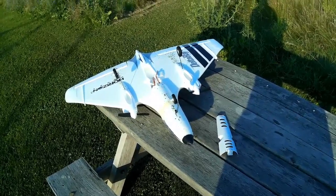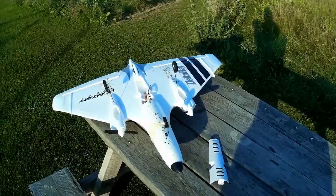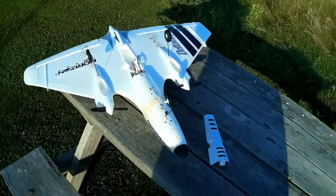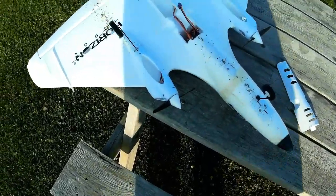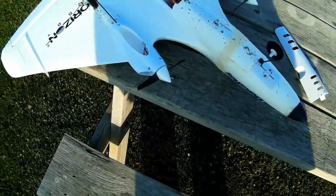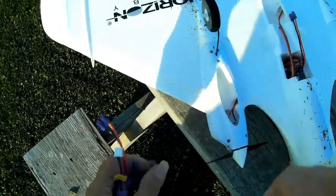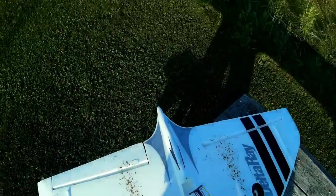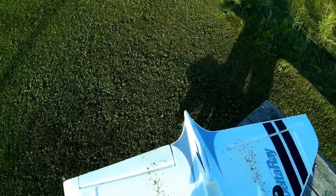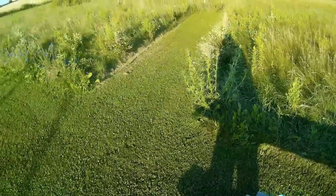So we had 120 remaining there from a 7-minute timer. So we flew him for 5 minutes and 40 seconds. You can see he's got a lot of debris and wet grass and whatever on the bottom of him. See, this undercarriage is kind of broken here. This is the battery bay, that's the battery. That's not the battery that came with him. I think that one died some time ago, but it's the same kind of battery that came with him,